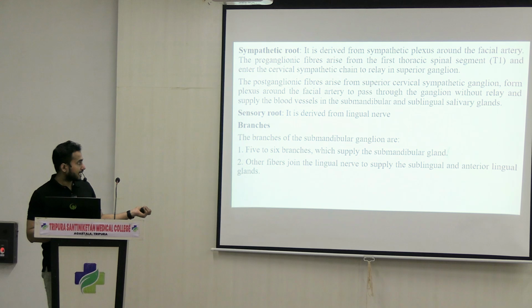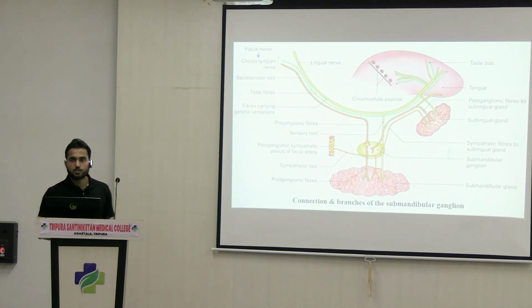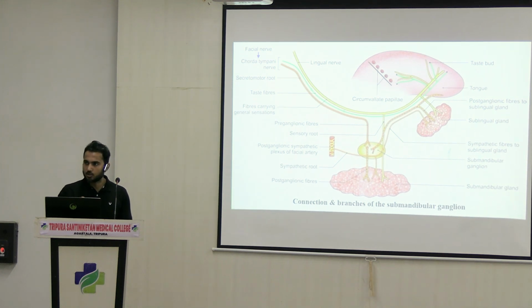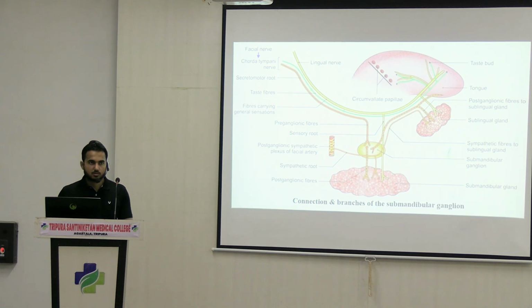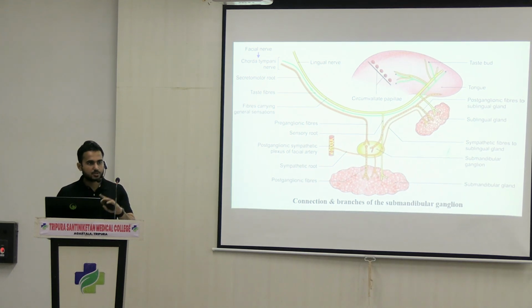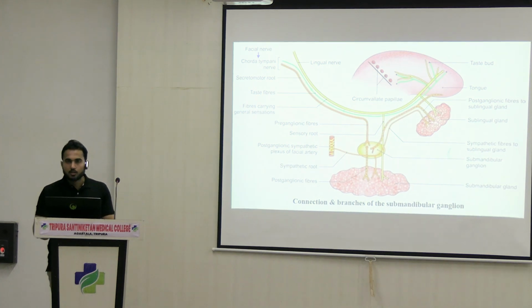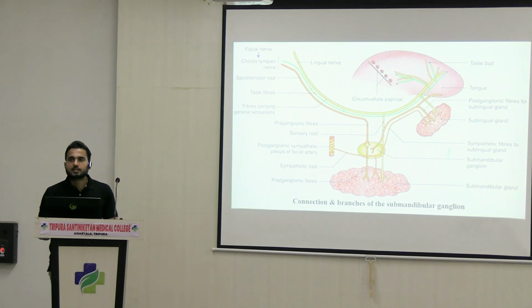For your reference, I have added another diagram. You can choose any one, whatever you like, but you have to show the two different parts. I will request everyone, whenever you are drawing the diagram in your notebook or during the exam, for sympathetic and parasympathetic, please use two different colors. It's not compulsory, but if you use two different colors, identification is easy, and whenever you are preparing notes, it will be easier for you to understand. So that is all about the submandibular ganglion. Next we'll go to